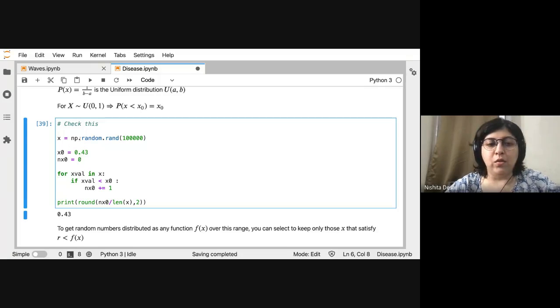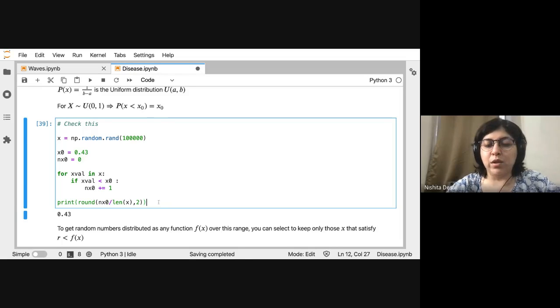You loop over all of this x array. If your value in the x array is less than this x0, then you count, and the probability is essentially this total count divided by the length of the array. So that's what you print.